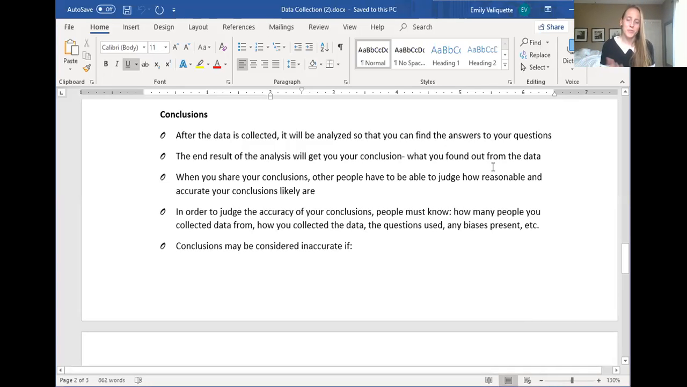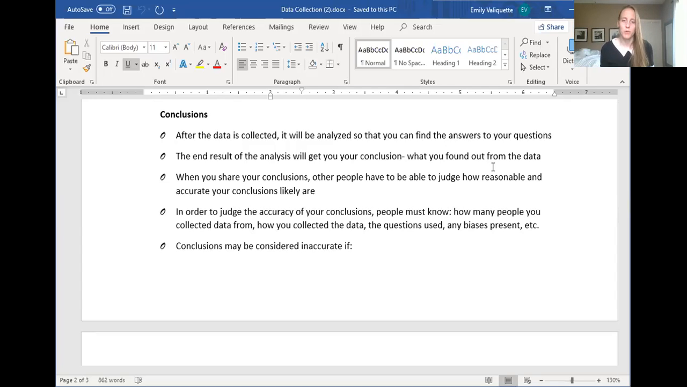Okay, so after you do finally collect all your data, you then have to analyze it in order to actually figure out the answer to the questions that you are hoping to answer from that survey or whatever experiment. So the end result of the analysis will get you your conclusion, what you discovered from going through the data. When you share your conclusions, other people have to be able to judge how reasonable or accurate your conclusions are. So when you're giving people what your conclusions are, you also have to tell them how many people you collected the data from, how you decided